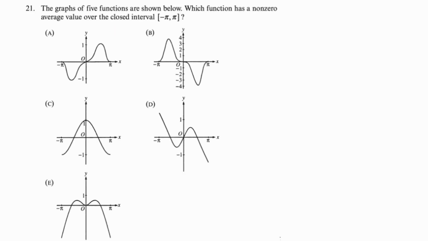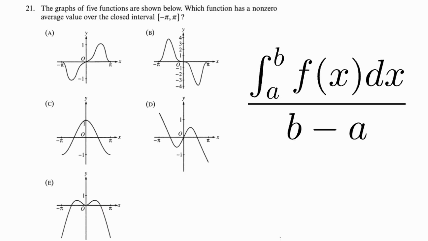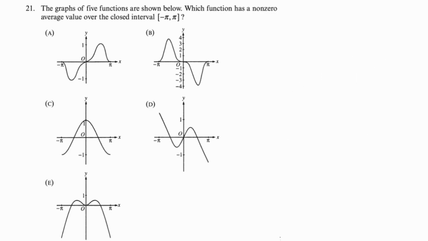21, the graphs of 5 functions are shown below. Which function has a non-zero average value over the closed interval -pi to pi? Okay, so average value is the integral divided by the interval. So we're going to integrate these functions and then divide by the interval. But the key thing is if we're going to get 0, then the integral from -pi to pi has to